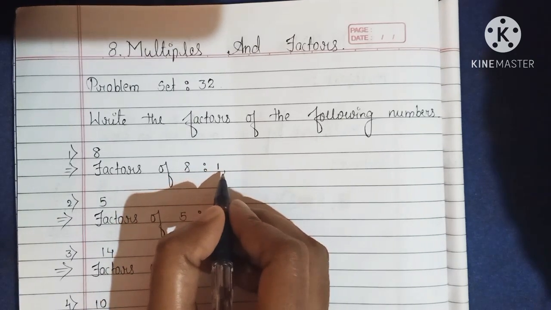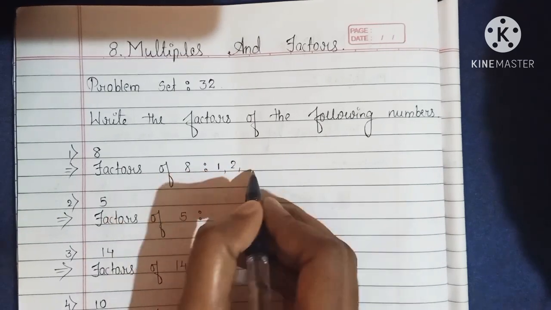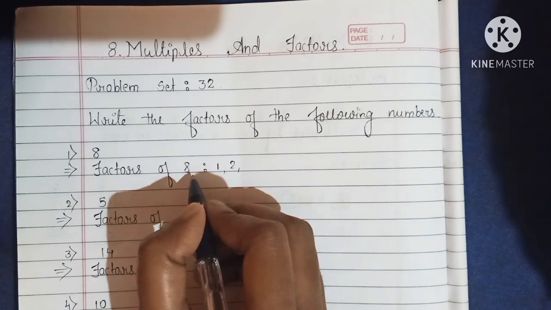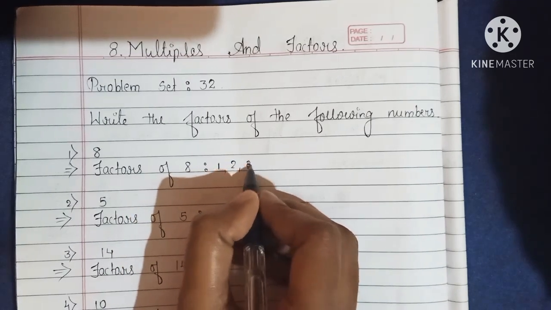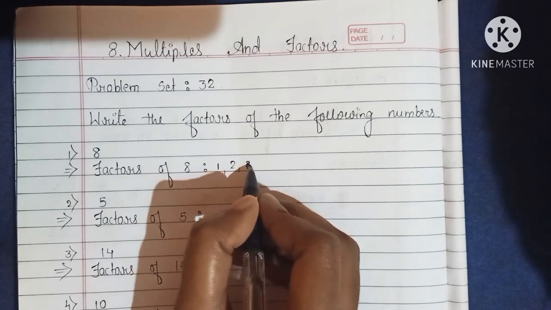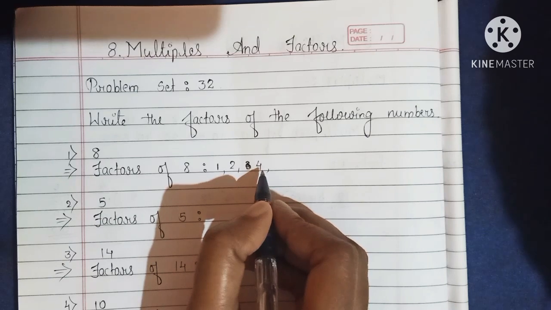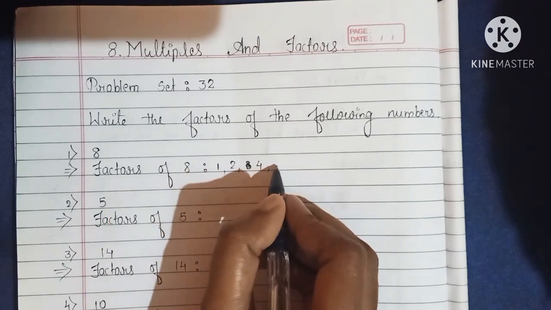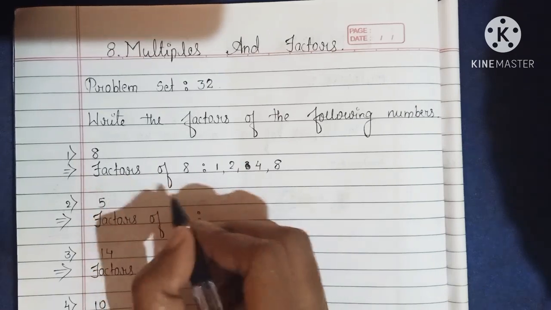After that let us check for 2, whether 8 is divisible by 2. Yes, 2 4s are 8. That means 2 is also a factor of 8. After 2, check for 3. The table of 3 doesn't contain 8. So 3 is not a factor of 8, so we will not write 3. After 3 it will be 4. 4 2s are 8. So 4 is a factor of 8. 5, again the table of 5 doesn't contain 8. After 5, 6, 7, directly it will be divisible by 8, that is 8 1s are 8. So that means 1, 2, 4, 8 are the factors of 8.